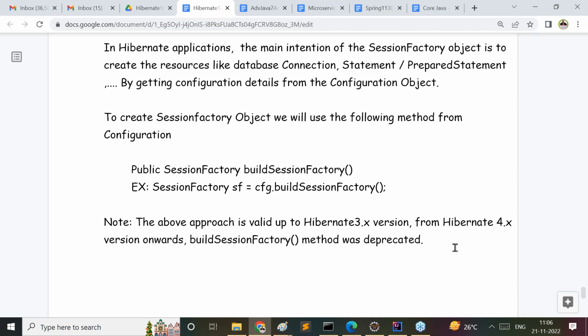Then what about the next one here? Is SessionFactory thread safe or not? And before that, how many SessionFactory objects do we have to create? Now tell me, for example, if I use multiple databases in a Hibernate application,